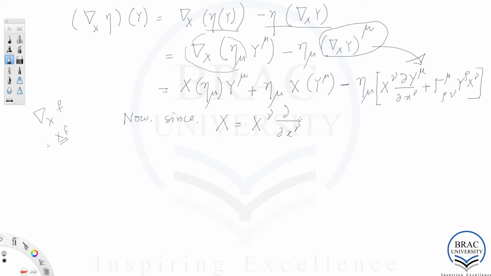So that one gets nabla x eta y is equal to x acting on this function eta mu, and then we have y mu minus, I've written down this component first, and then